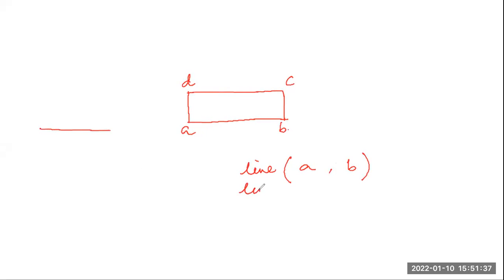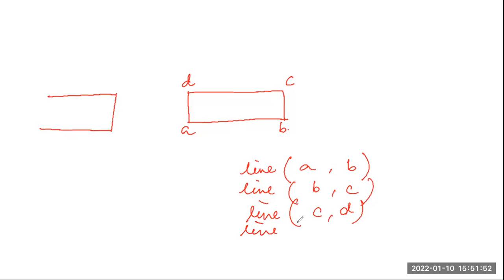In the next line, if I give you the coordinates of B and C, then this line will be drawn. Then again, if I give you the coordinates of C and D, then this line will be drawn. And again, if I give you the coordinates of D and A, then this line will be drawn. Yes or no? So using 4 line statements separately, I can draw a rectangle.